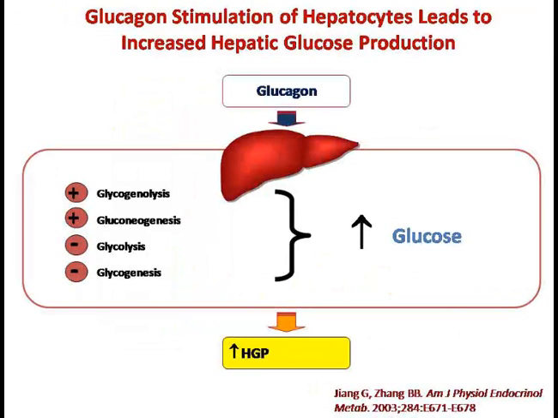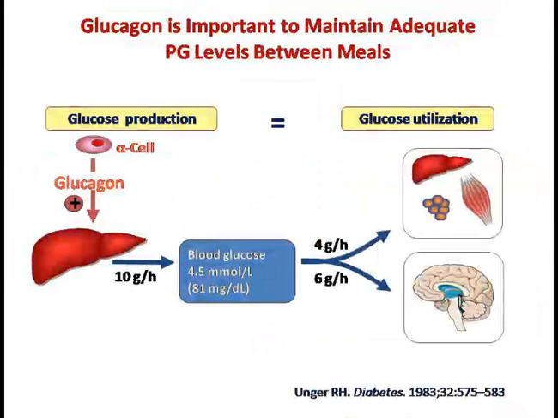Thereby, glucagon stimulation of the hepatocytes leads to increased hepatic glucose by the processes of increased glycogenolysis and gluconeogenesis, and reduction in glycolysis and glycogenesis, with higher glucose levels. This is important. This homeostasis is particularly important because we want to maintain a static level of glucose in our